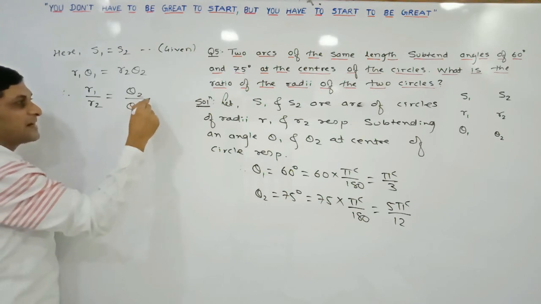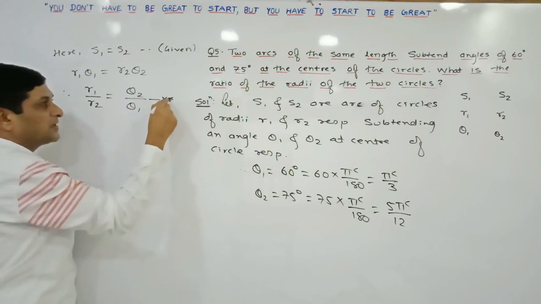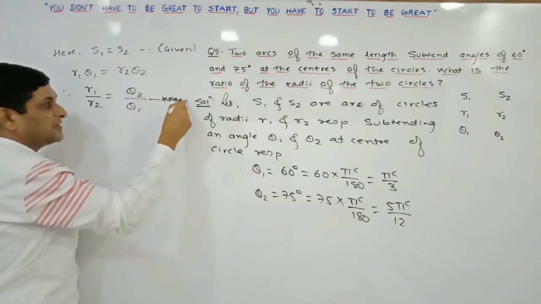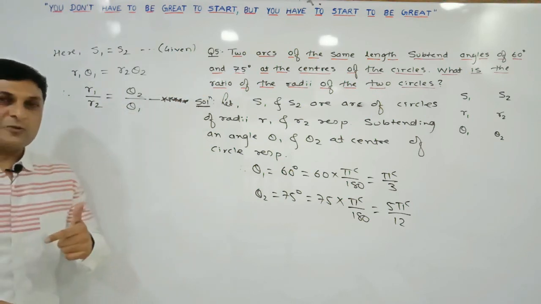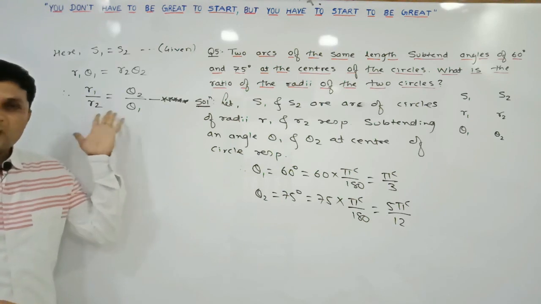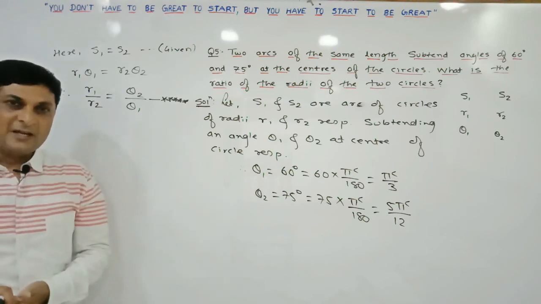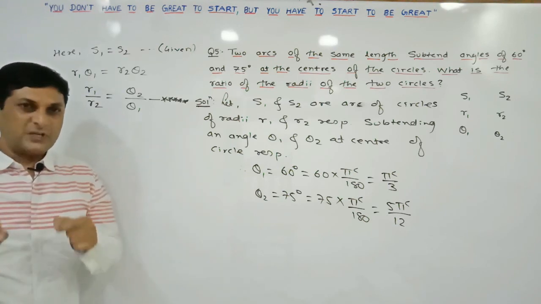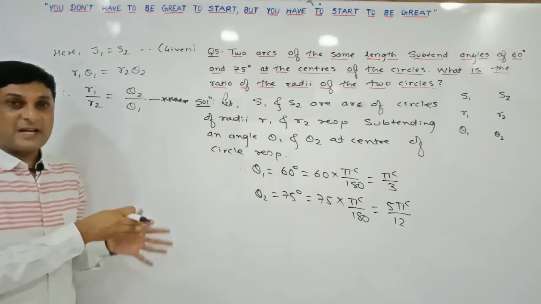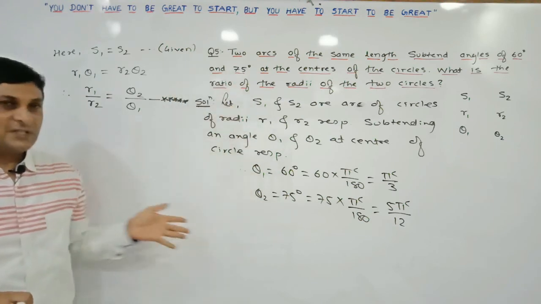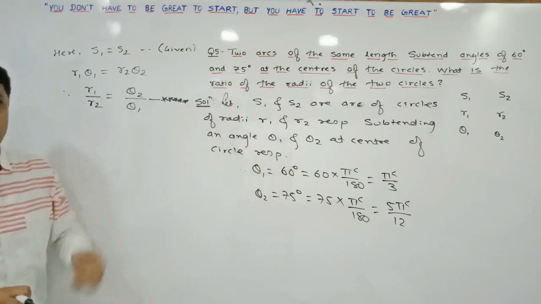Theta 1. And remember that this is one of the important results, which can be used as a shortcut method while solving objective type questions. Whenever the question asks to find the ratio of the radii, you are able to apply this as a formula. But if this question is asked in the class 11th examination, at that time we have to use the descriptive method to solve this example.